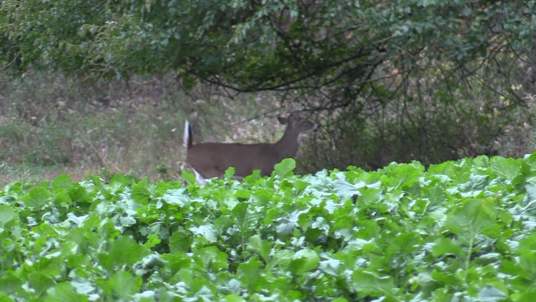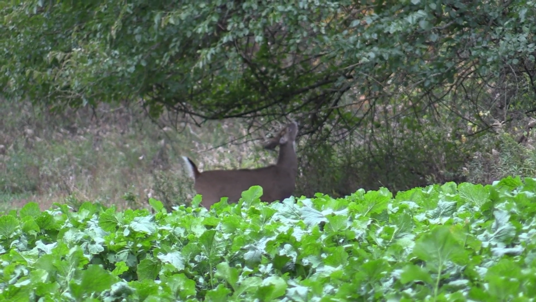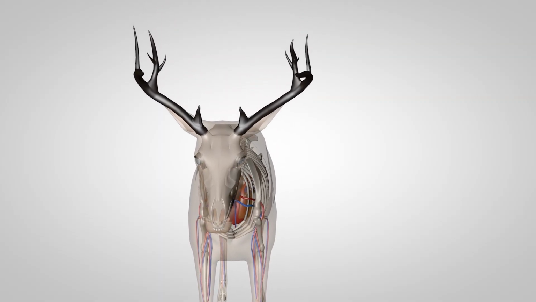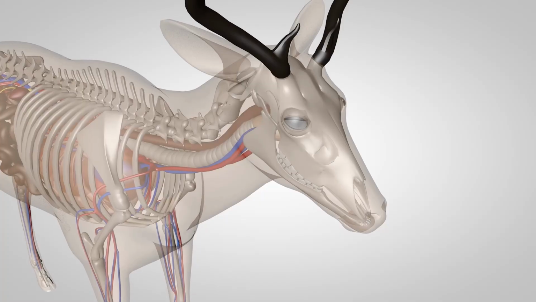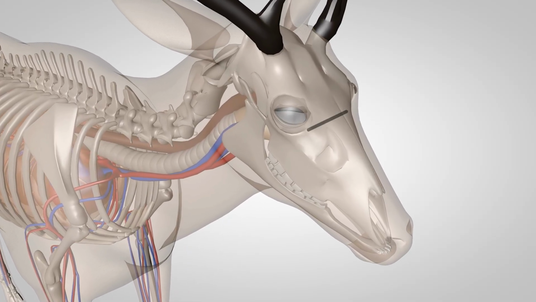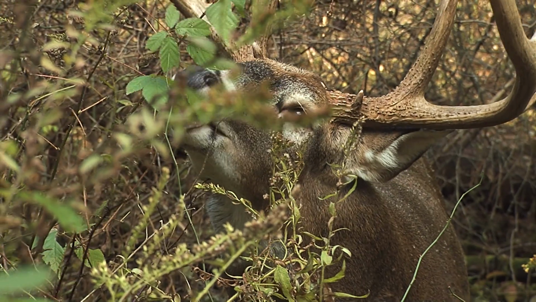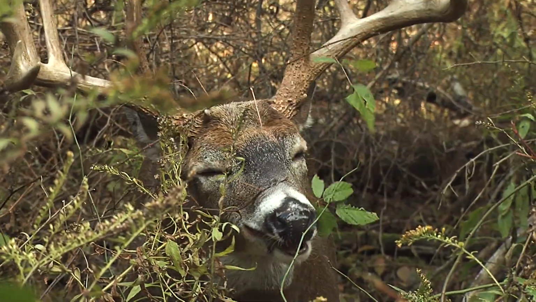So now that you know why bucks make scrapes, understand what they deposit there. 3 different types of scent coming off a deer's head. The forehead gland, which is right on his forehead. He's going to rub that on the scrape to communicate with other deer. Does do it too. And then you're also going to have the preorbital gland, which is, some people might say, the most important gland. Just think about it, the corners of your eyes where you get sleep in the morning,